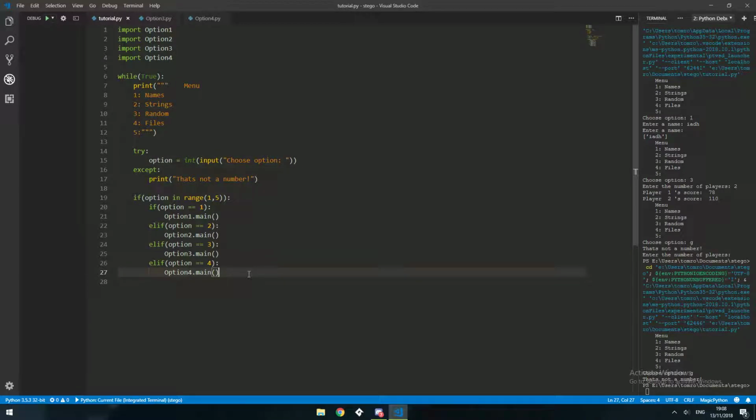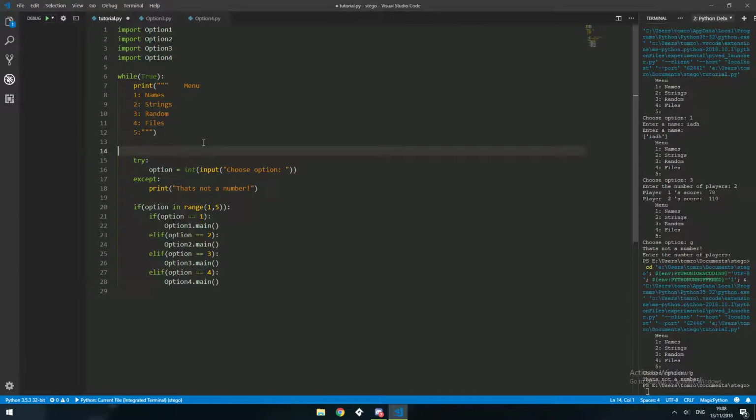A way we could get around this is resetting the option every time, but we don't really want that to happen because we want this to override it anyway. Only problem is if this errors, it goes into except and then skips straight past it, and that's where the problem comes. And this is why most of the time when you see a try and except, you will also see a while loop,